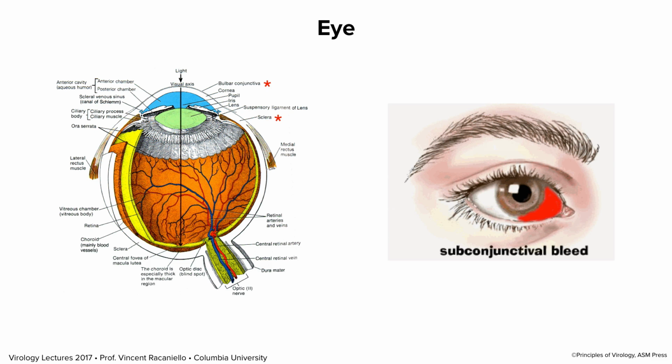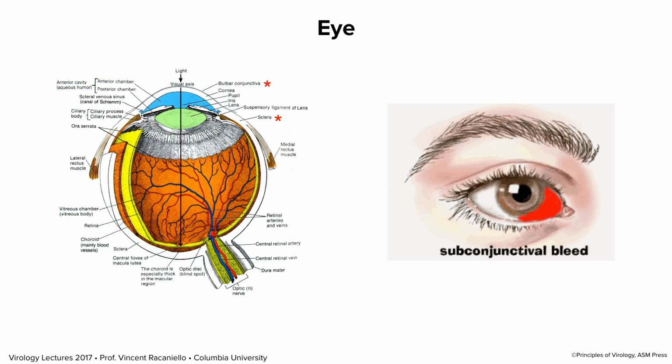And finally, the eye is another portal of entry. You're always blinking, and that's a way to prevent things from getting in your eye. Your eye is bathed in fluids. You blink every few seconds. The fluids wash away any grit or debris or viruses and bacteria that might be caught there. But occasionally viruses do infect the eye. When they do so, they primarily infect the membranes lining the eye, the conjunctiva, and the sclera.